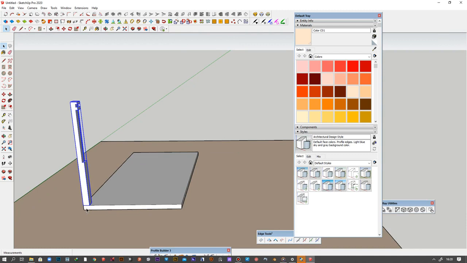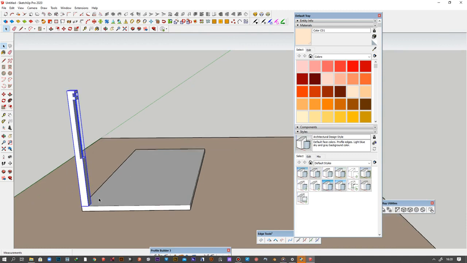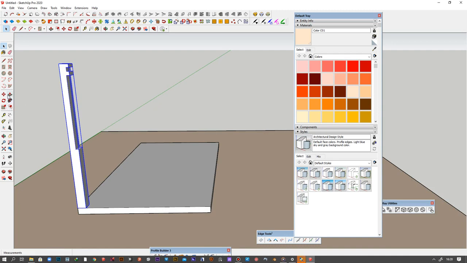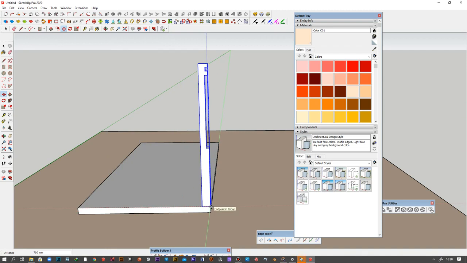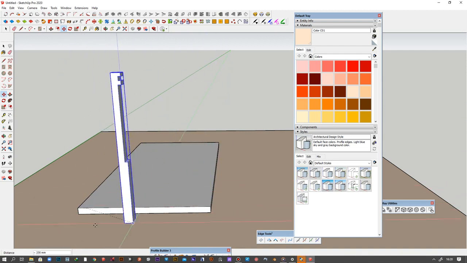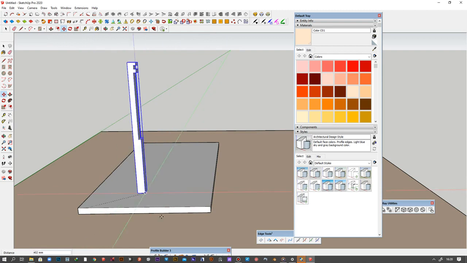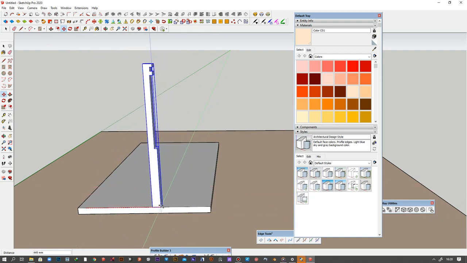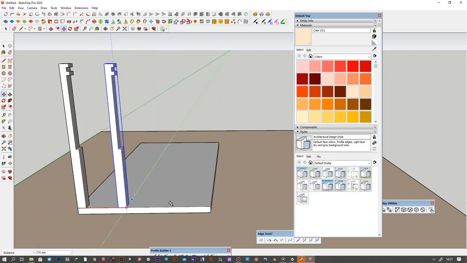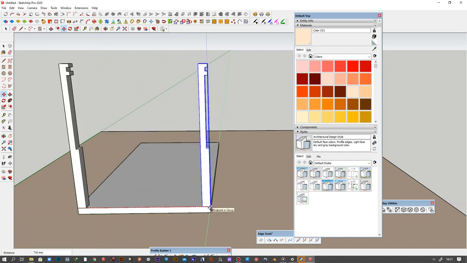So at this point, it's time we duplicated, made copies of these. So choose the move tool, or click M on your keyboard, and then click that corner and bring that. As you're moving this, you can lock it to that red axis by clicking on the right arrow key, and then click the control key, which makes a copy of that, and click. Now we have